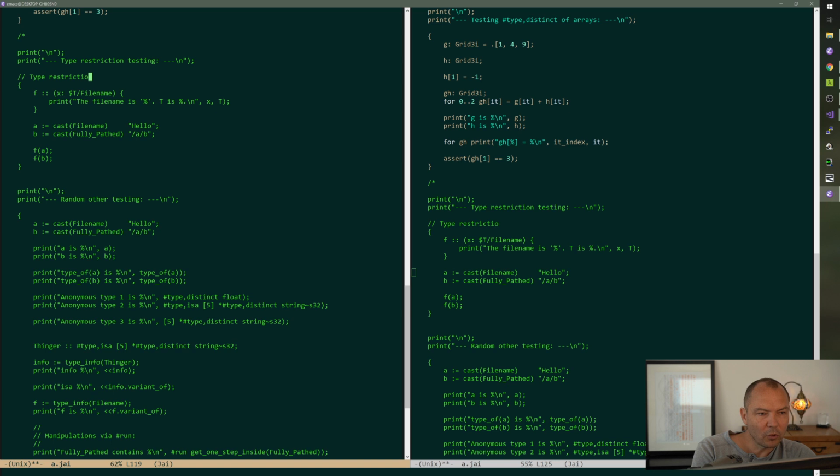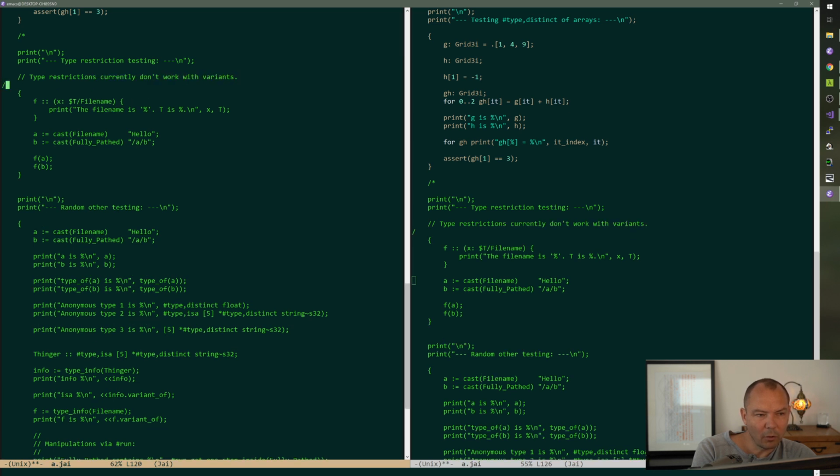Type restrictions currently don't work with variants.